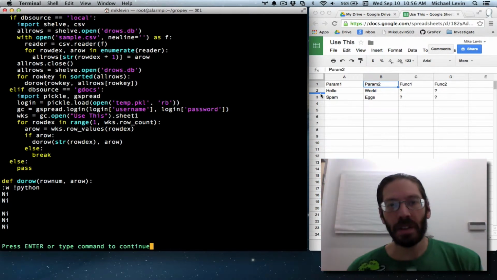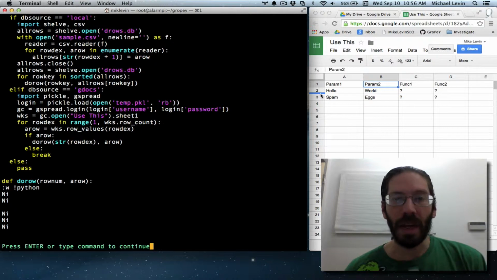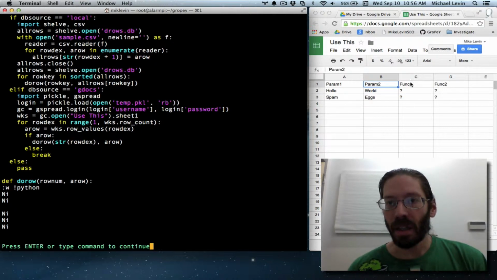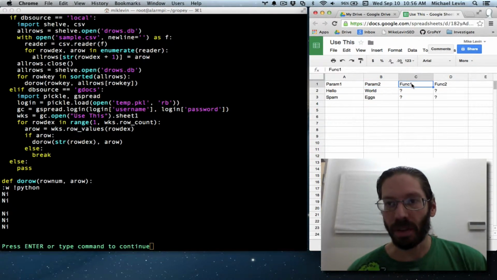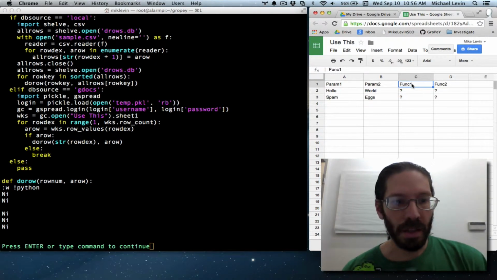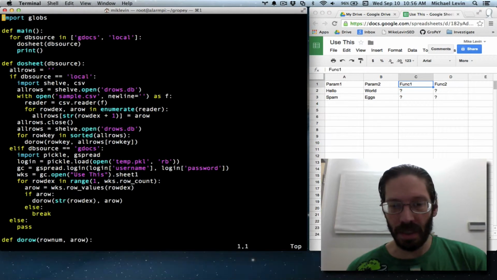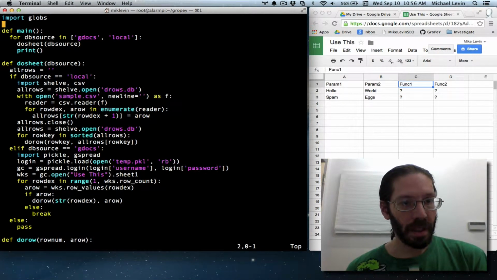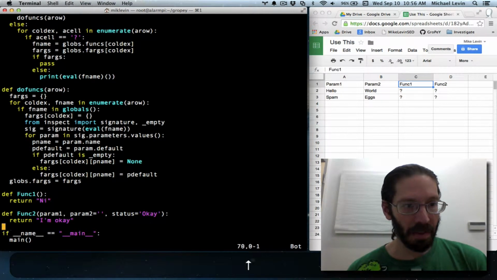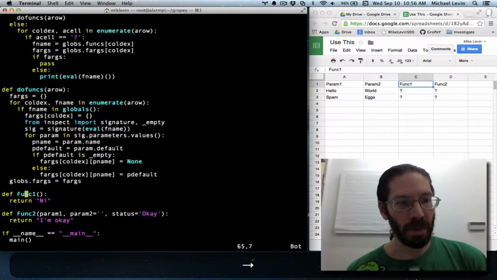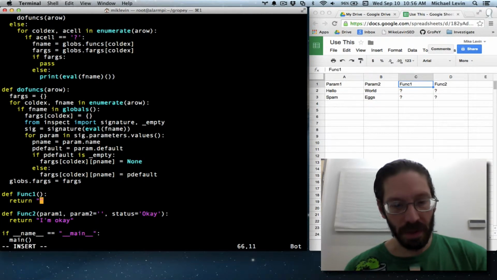Hi, I'm Mike Levin, and when last we left off, we were outputting the output from function 1. And the output of that is ni. As you can see, if we escape and hit Shift-G to jump to the bottom, function 1 returns ni. And I'm going to get rid of the Monty Python references, as fun as they are. Function 1 returns